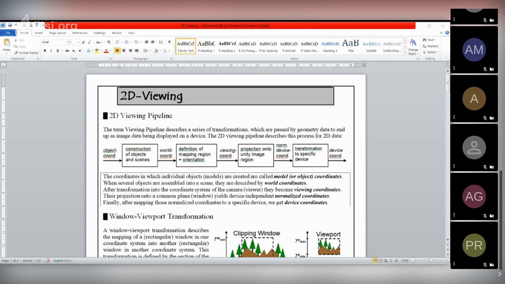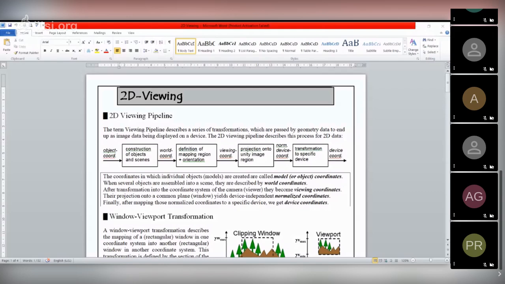First, we have the object coordinate. We first consider the coordinate in which individual objects are created, called the object coordinate. That means first we consider the real life object coordinate. Then construction of the object and the scene. When we are looking at a particular scene, we have to focus on a particular region, and this scene may be constructed with a number of objects.